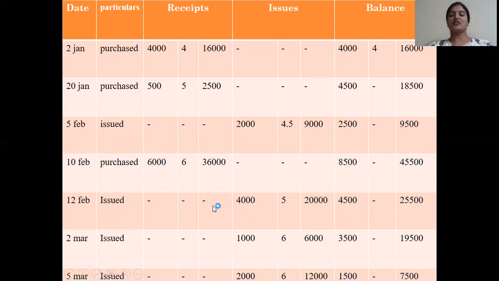See, how many units to be issued? 4,000 units should be issued. For that, we need to calculate the issue price. For each and every issue, we need to calculate the issue price, because we are not directly given the cost per unit. For that, it needs to be calculated with the working note. Let us go back to the working note.